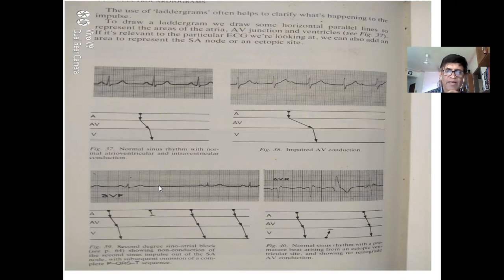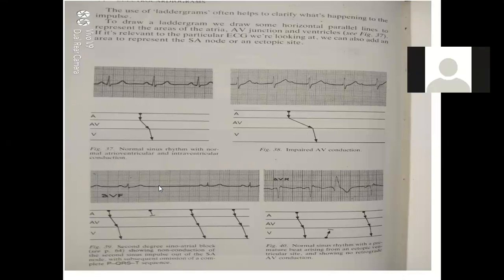Why does the P wave happen? Not because of the SA node. You have to remember that the SA node is all the time there. The SA node doesn't produce the P; it is the contraction of the atrium. Contraction is not happening. What was the first session telling you? The P wave is contraction of the atrium. And the QRS is the contraction and relaxation of the ventricle. Correct? Is it getting clear now?